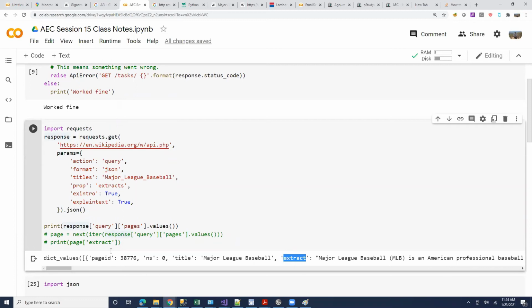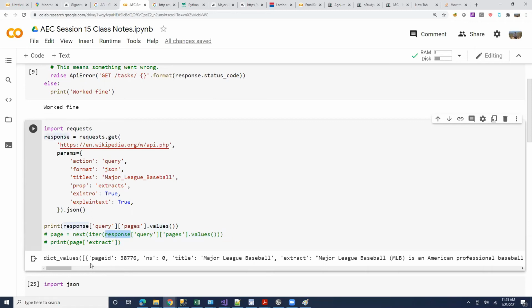That's where this funny looking syntax comes in handy, right? This next iter. I already loaded this JSON, I don't have to load it again. This is already JSON, that's why I'm able to handle this straightforwardly. So next and iter are basically ways of looping through collections. I'm making this values an iterable collection. Iteration means going through a collection one at a time.